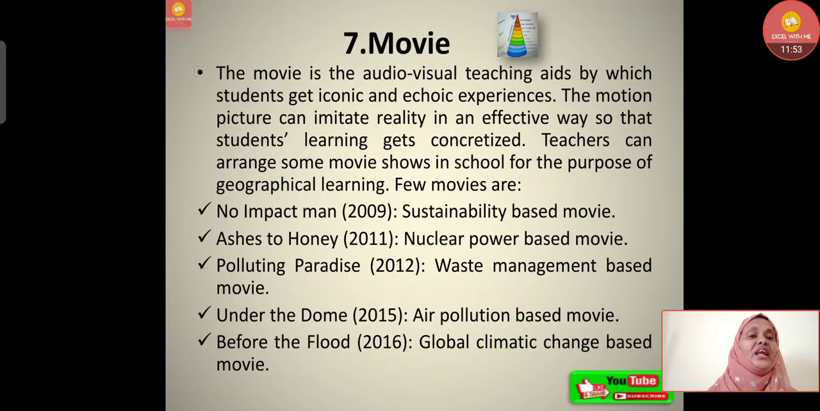Then comes the movies, very interesting part for everyone. Every individual will love to watch the movies. In educational institutions also, educational movies are there which provide lots of information to them and inspire them to do something good in future. These are audio-visual teaching aids by which students can get iconic and echoic experience. The motion picture can imitate reality in an effective way so that students' learning gets concretized. Teachers can arrange some movie shows in school for the purpose of geographical learning, such as No Impact Man,